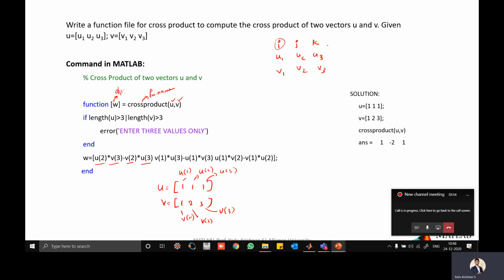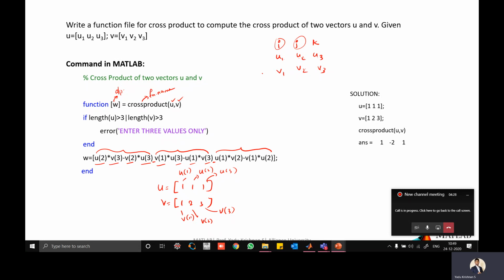The next one is what? j into u1, v2. So minus will be there. So basically v1, u3 minus u1, v3 is there. The third one is the corresponding value. So these are three values. All right, so just write the equation. There's a gap. This is one term, up to this one term. This is your second term, and this is your third term. Okay, those three terms are there.